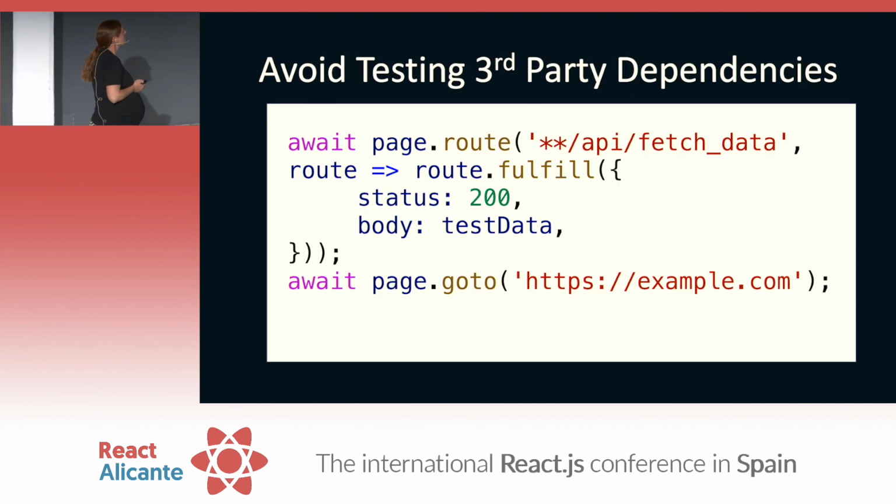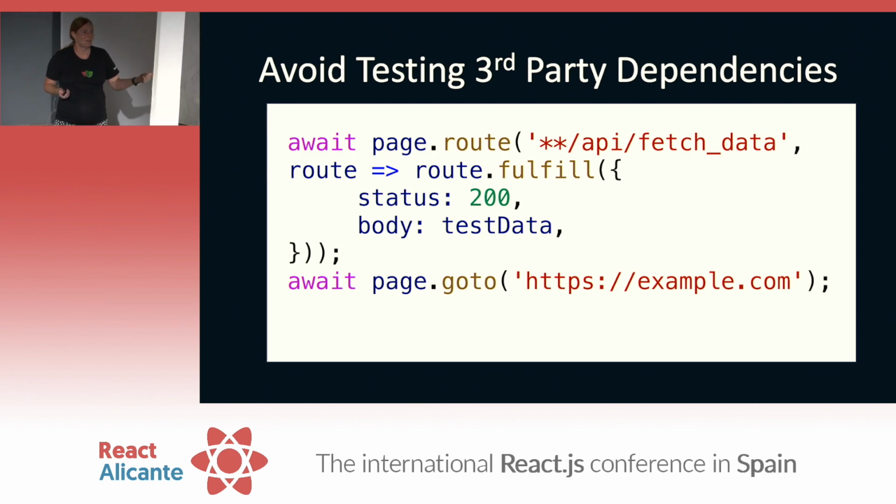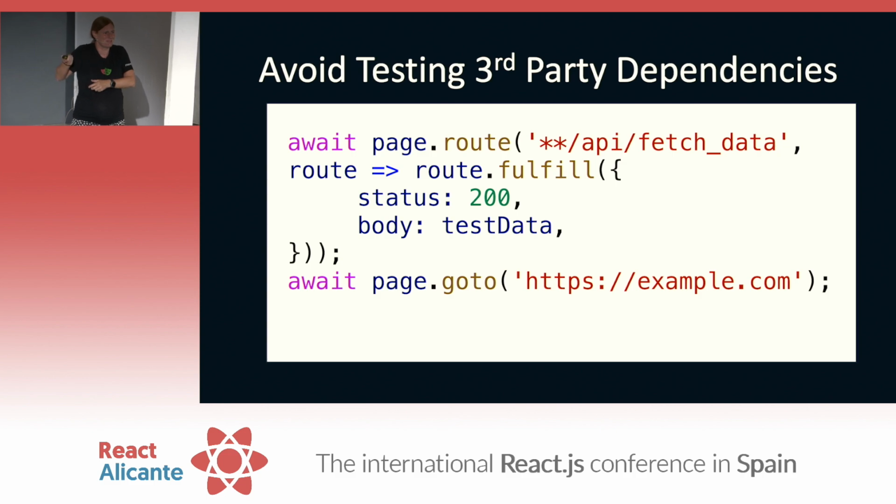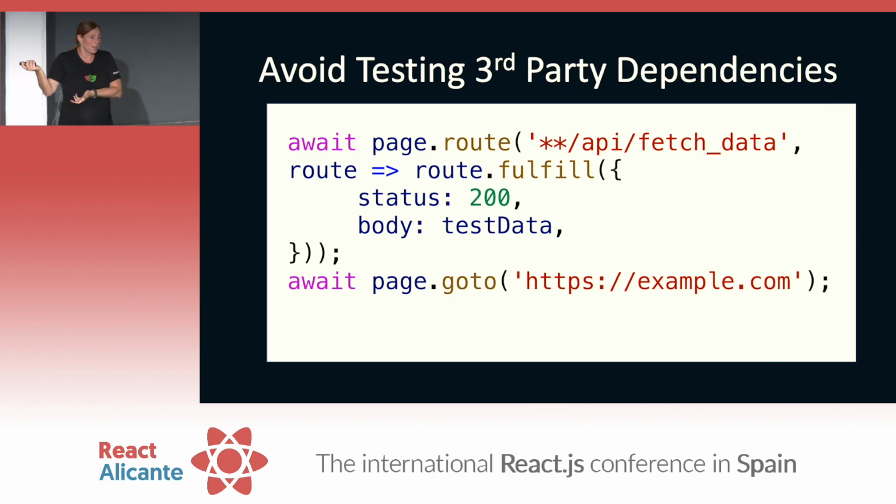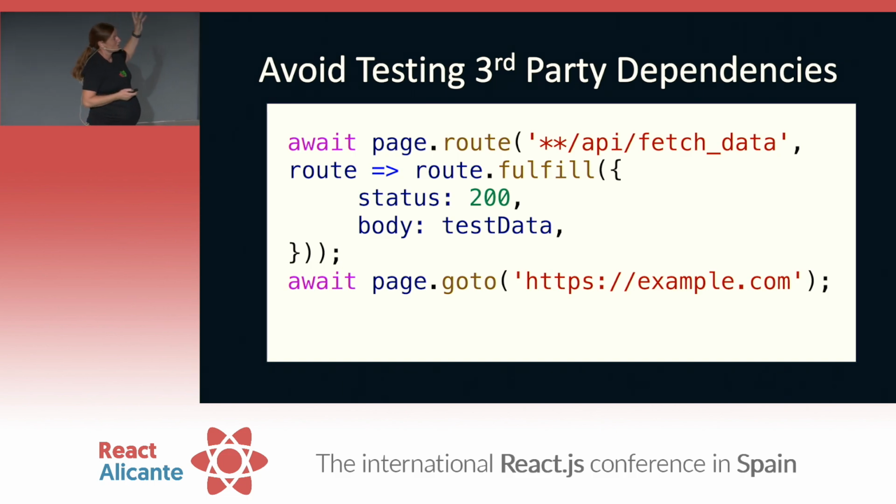Avoid testing third-party dependencies, right? For example, I've got a link on my website to GitHub. I don't need to test GitHub. GitHub do a great job of testing their own stuff. But I want someone to click the button on my site, right, to go to my GitHub repo. So I can intercept the route, and I can throw in some test data in there, and I can make sure that that link is working, or that button is working, so someone can get to where they want to go, but I don't actually have to hit the API. So that's really, really important. You don't want to be hitting third-party APIs.